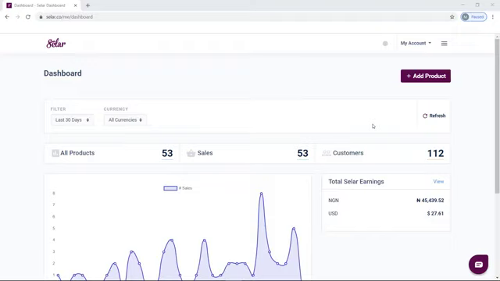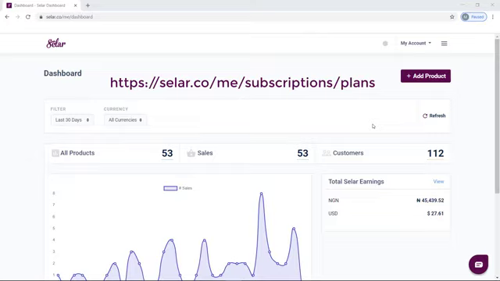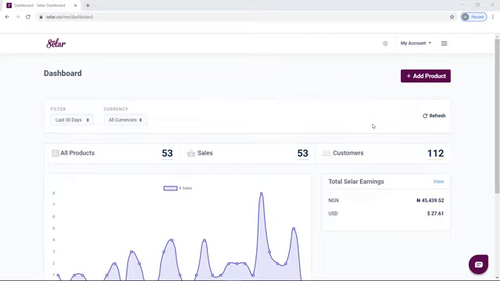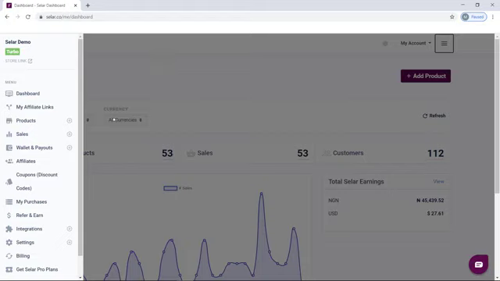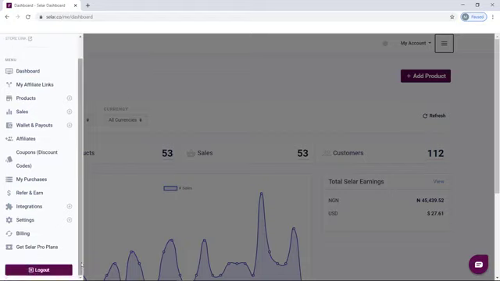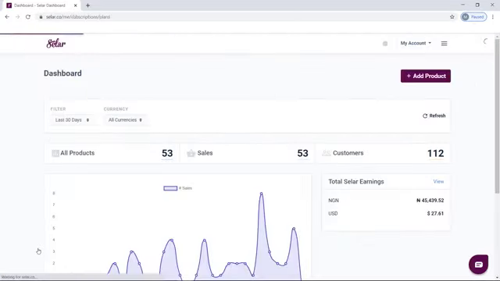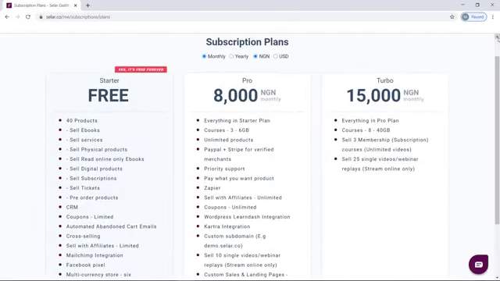To subscribe to a plan, you can simply visit selar.co/me/subscriptions/plans, or you can do that right here on the dashboard. To do this, navigate to the top right to the hamburger icon and to the left, scroll down the dashboard to where you have Get Selar Pro plans. Once you click on that, you are going to see the plans available and you want to select the best